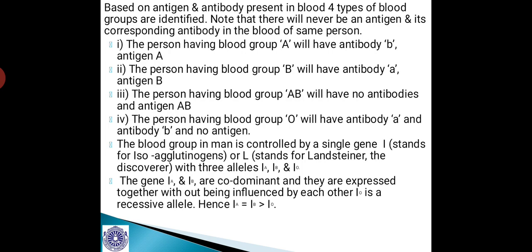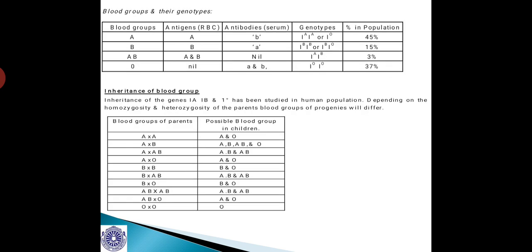I0 is a recessive allele, hence IA is equal to IB, which is greater than I0. Greater than means IA and IB are dominant alleles over the I0 allele. So here is the table which shows the details of antigens and antibodies present in different types of